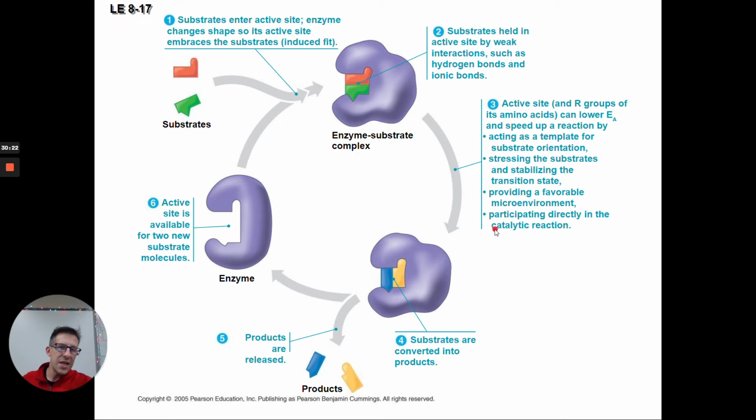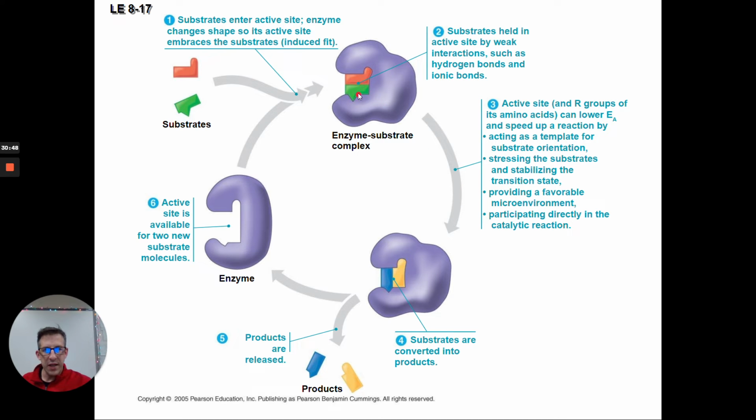And then finally, sometimes the amino acids that are located on the edges of the active site can participate directly in the reaction. So they can have some kind of participation between green and red to help that reaction occur more quickly. Okay? So as a result, all of these things added up, all of these nice things taken into account, we